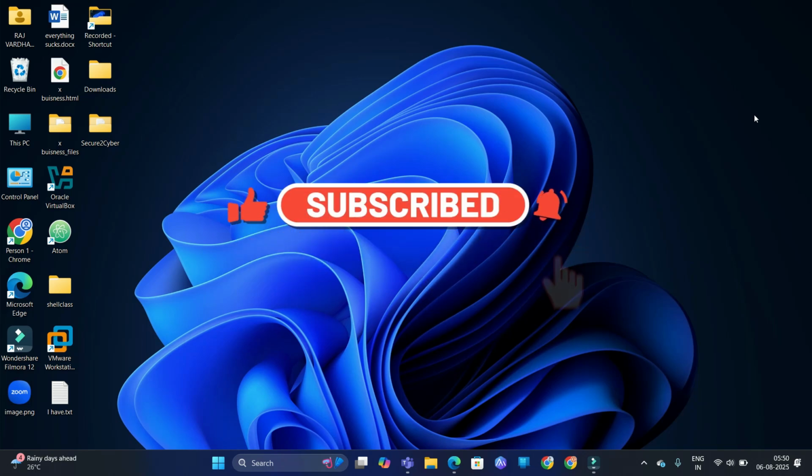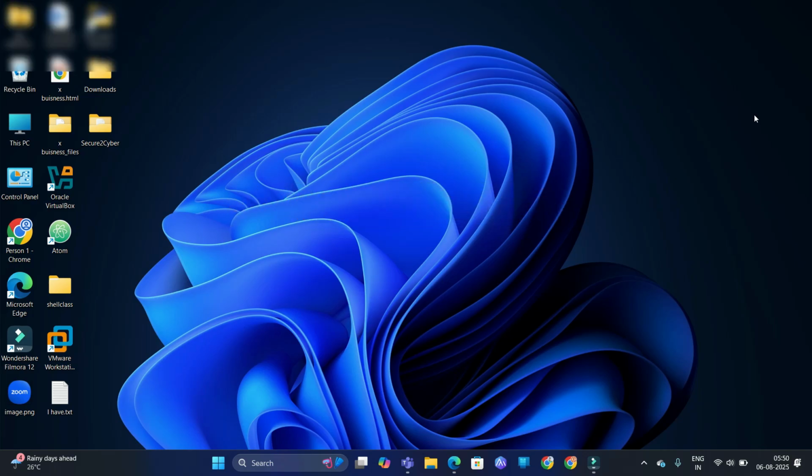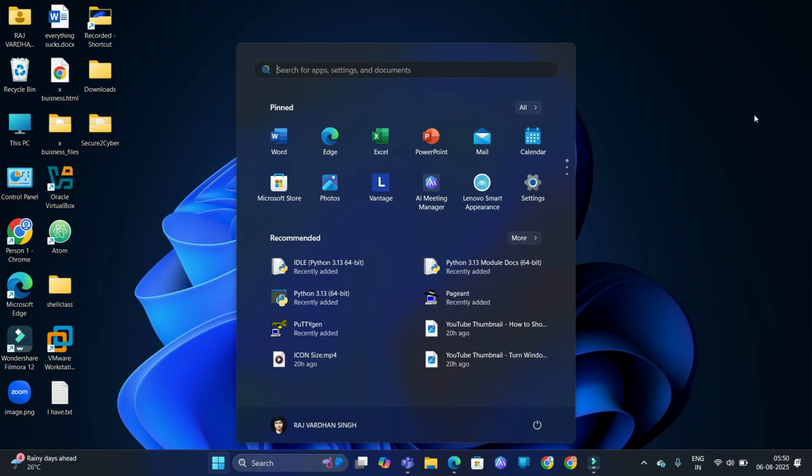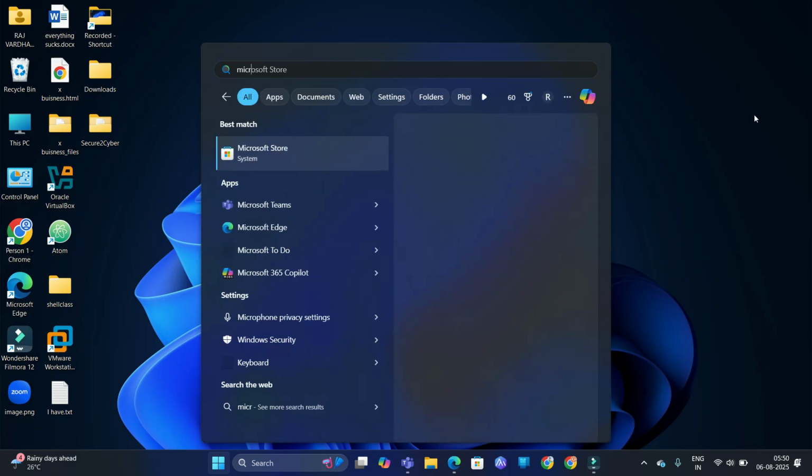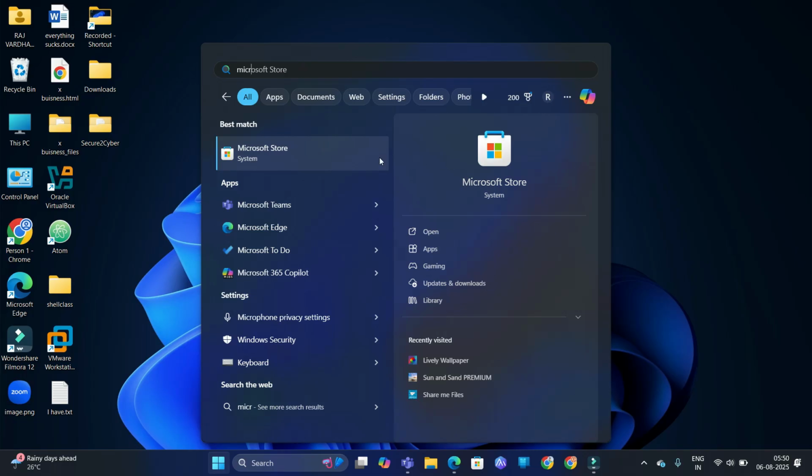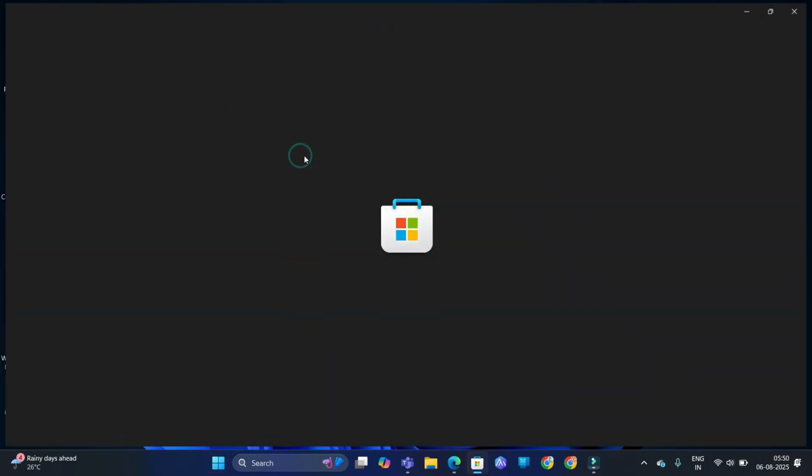So today we are talking about how you can use live tiles in Windows 11. Okay, so how can we do that? First of all, open the search bar and search here for Microsoft Store. Okay, Microsoft Store. Open the Microsoft Store